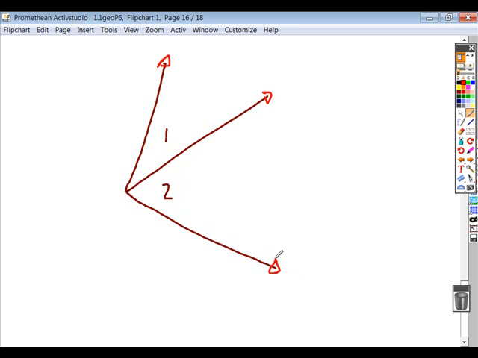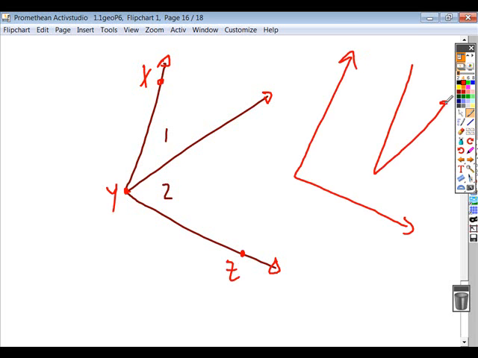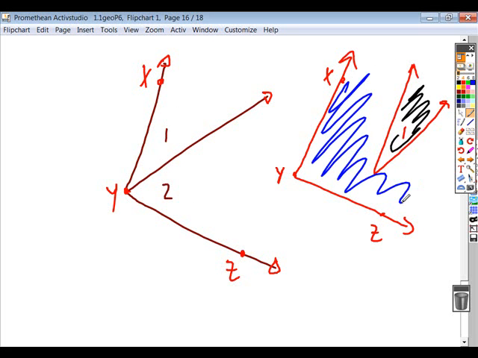This is what they look like. Now, the problem comes when you look at this whole angle here, XYZ. Some people will think that if you took angle XYZ and angle 1, those would be adjacent angles. But they're not, because all the interior points of angle 1 are also included within the interior points of this whole larger angle. So it doesn't meet that second